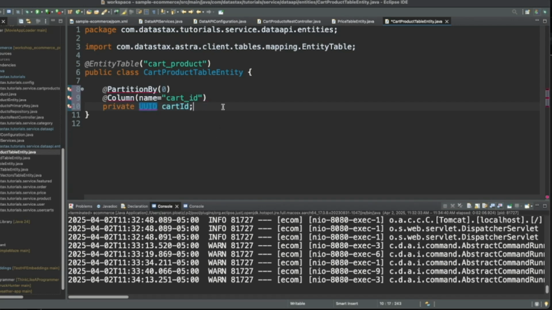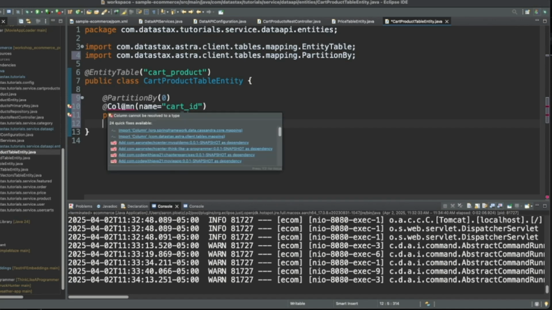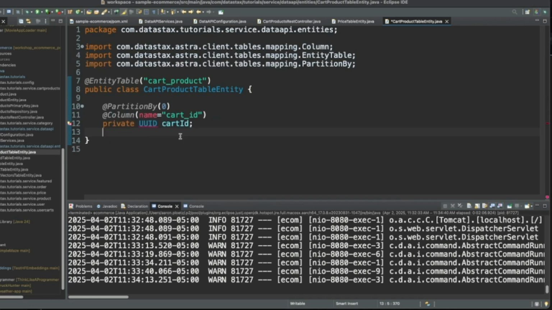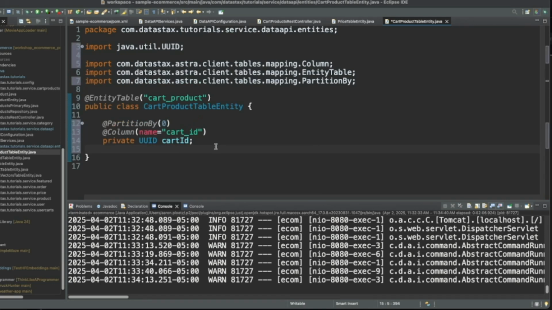Let's make that a UUID, just like that. Let's double check. Yep, that looks right. Now let's import partition by and import column, and make sure column comes from the DataStax client library, not from the Spring library. There we go. And lastly, let's make sure we're importing UUID from Java util. Outstanding.